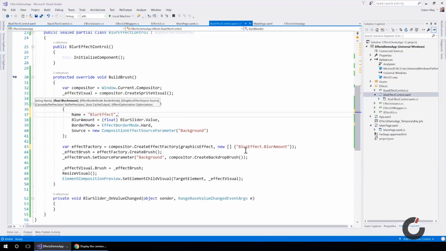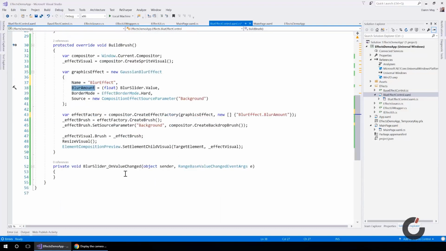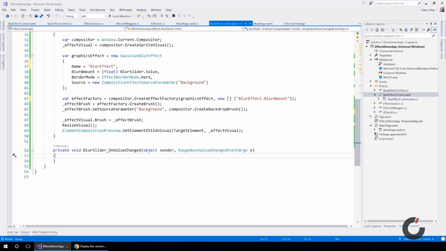Why does it need to be? Because I've called it blur effect here. So this is how the system will find the correct effect to update. And blur amount maps to this property here. So what I can do down in this slider changed is I can turn around and reach into my effect brush,